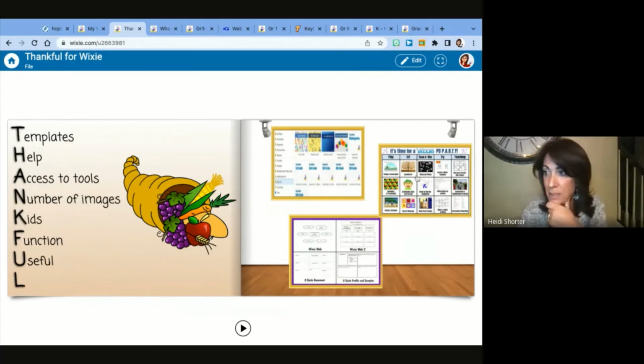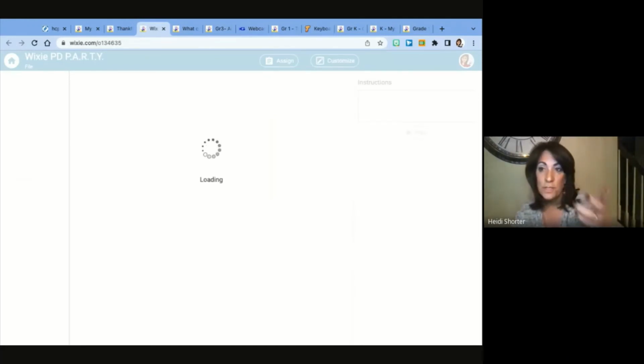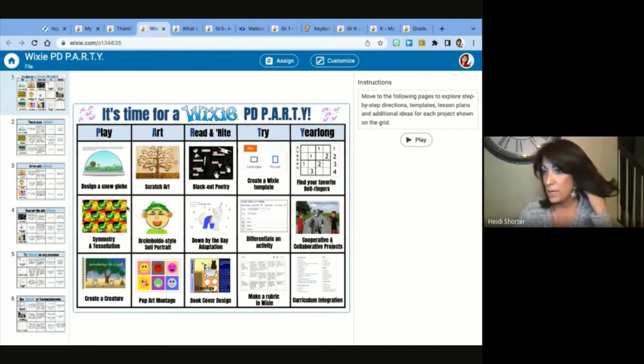And this is funny. This is a choice board that Wixie has about PD. So in my school, as a technology teacher with the kids coming to me, I'm using technology and I'm using Wixie all the time. But all the teachers in the school have access, and I want the teachers to learn it too. And so this Wixie PD party that Wixie has designed is amazing and can be a really cool way for your teachers to do a PLC or figure out ways that they can learn some of the tools that are out there. And they have it in all these different categories.